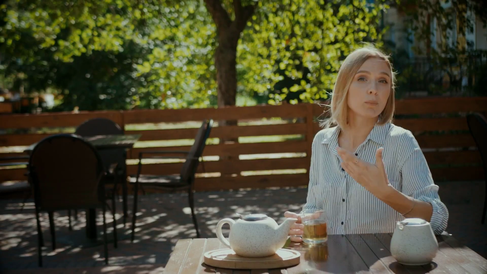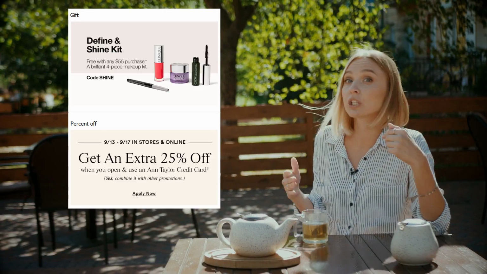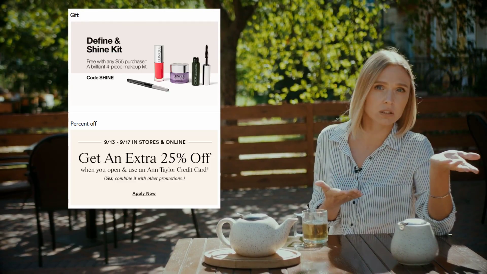One more element to test is a discount. Adding a discount to your campaign is a good conversion booster, but you should test different ways to present it. For example, one discount of 20% or two discounts of 10%, a complimentary gift for the order, or a % off. If we continue talking about conversions, we can't go past the CTA button.